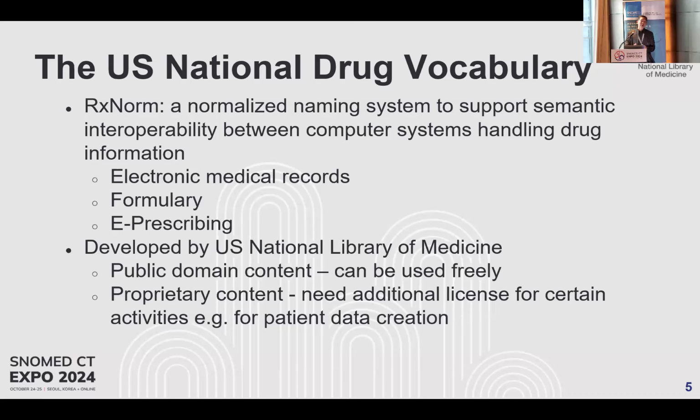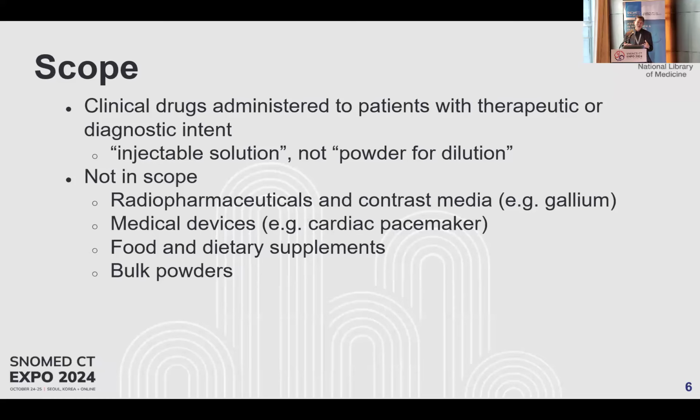In a formulary, you may need a drug terminology to keep track of your inventory of what is available in your